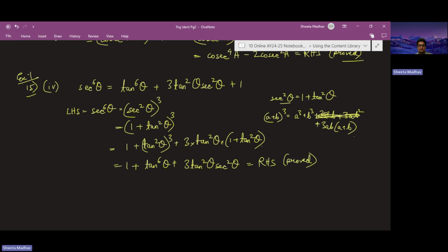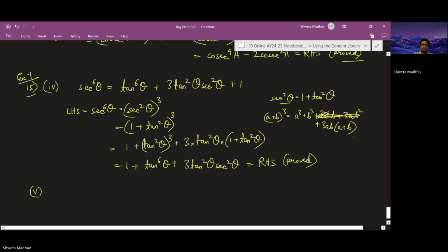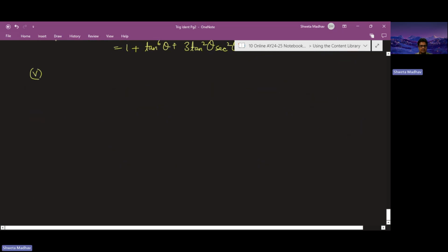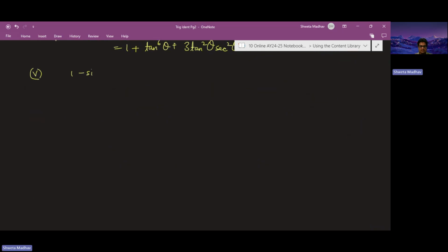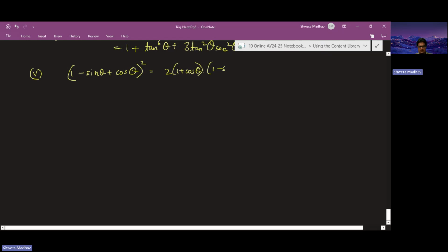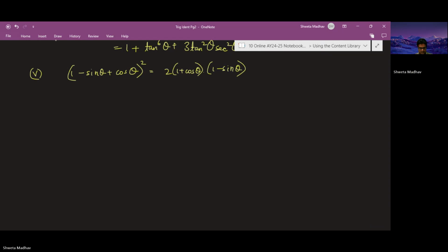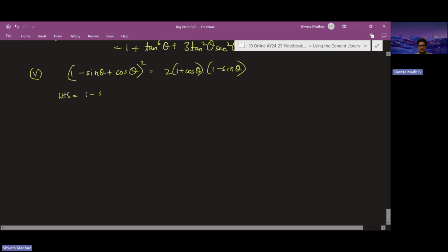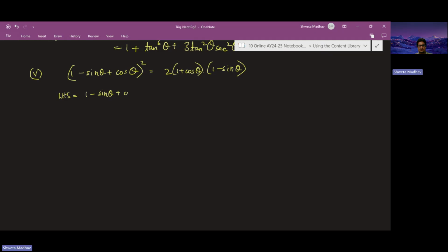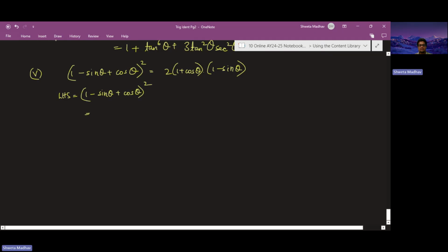Then in part 5, we have to prove that the left hand side, which is 1 minus sin theta plus cos theta whole square, is equal to 2 into 1 plus cos theta into 1 minus sin theta. So the left hand side is 1 minus sin theta plus cos theta whole square. So that will be equal to